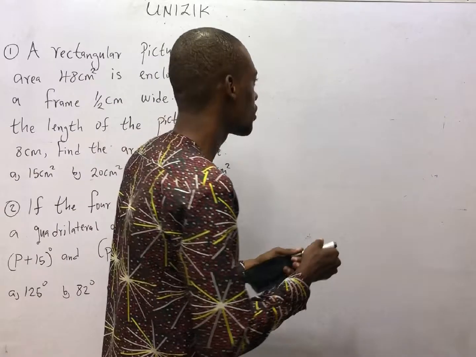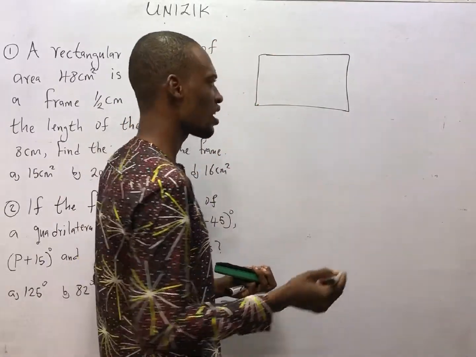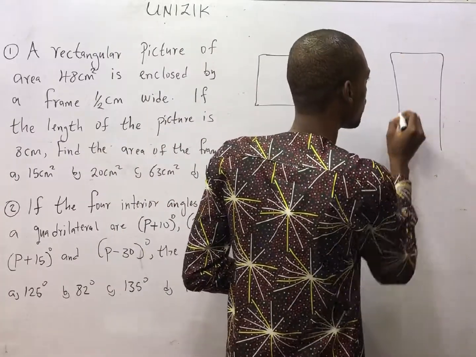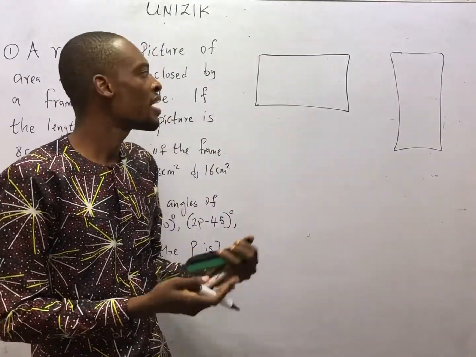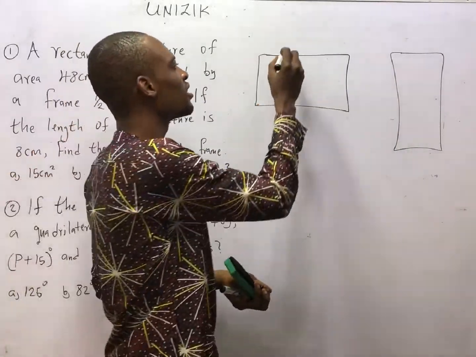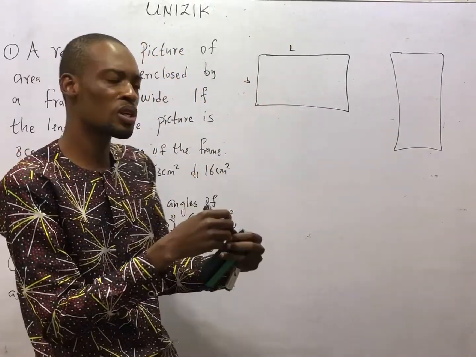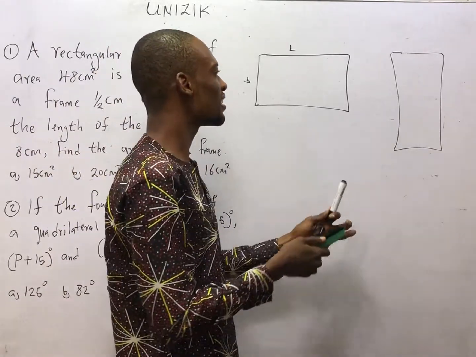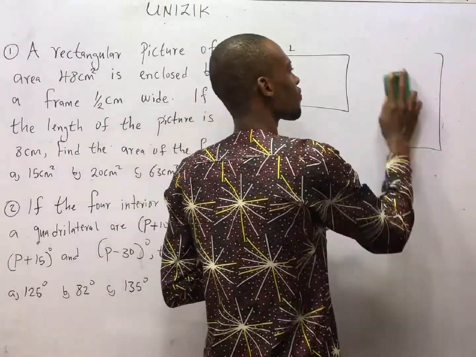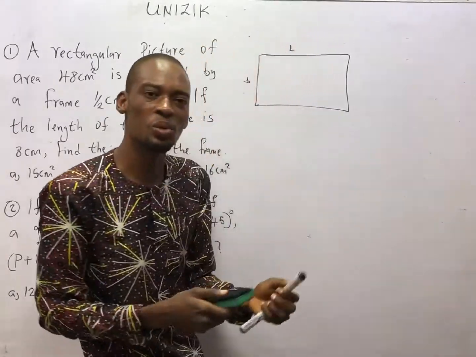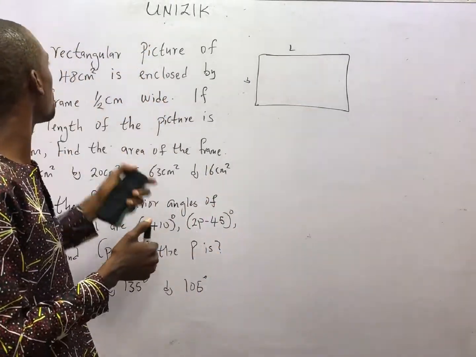Now look at something. This is a rectangle. And this is as well a rectangle. We can call this a portrait and this is landscape. Anyhow you choose that, look at it, this longer part is the length. This place is the breadth or the width, as you may call it. And in this case, here is the length, here is the breadth. Let's go with this. So they said a rectangular picture, which means we've arrived at the picture of area 48